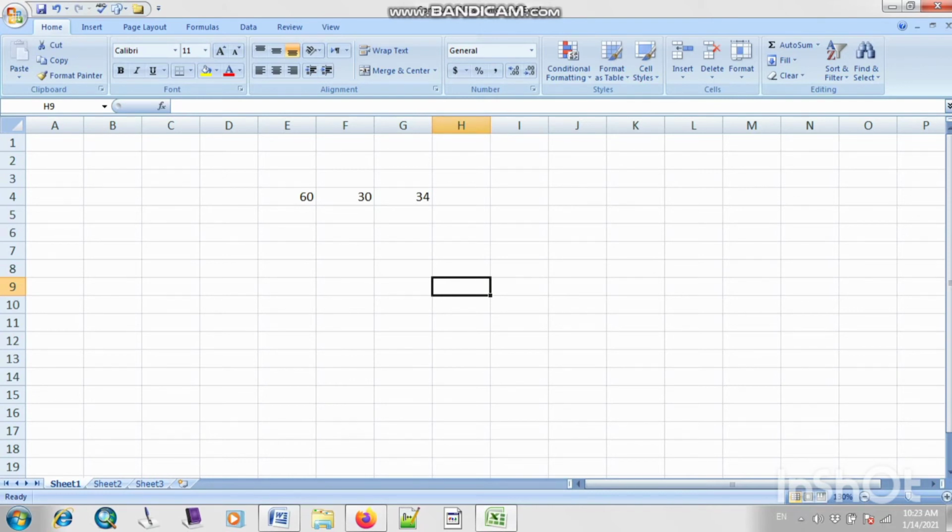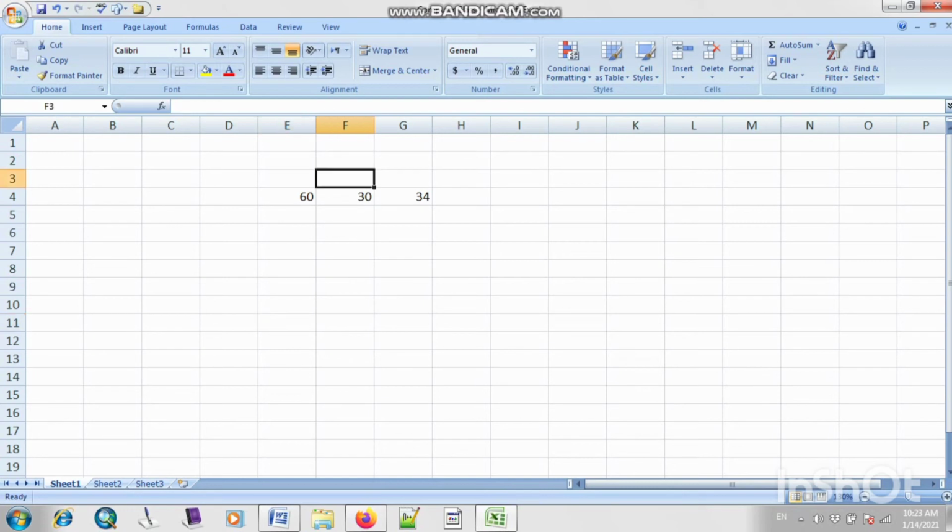So what will be the cell address? Right, the cell address will be H9. As you can see here, it is already written, H9, and we call this area the name box, where all the cell addresses will be shown. As you can see, it is already written here, name box.